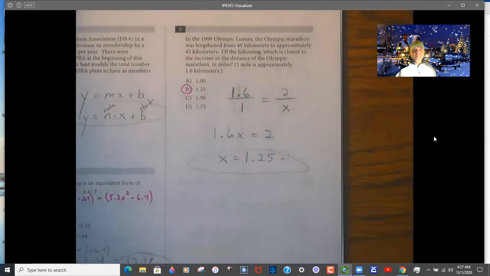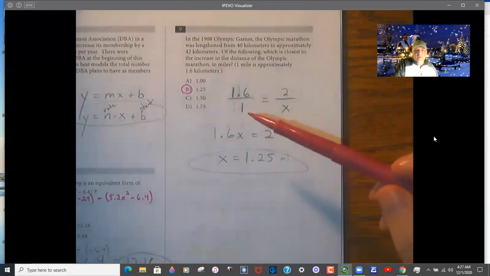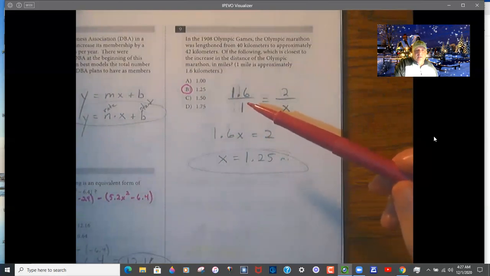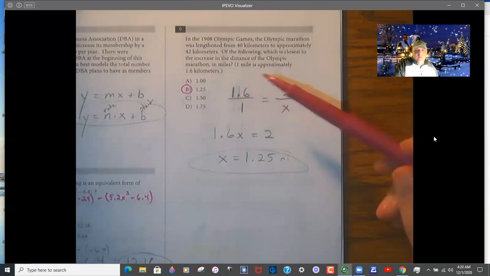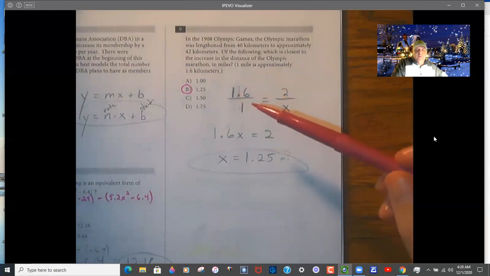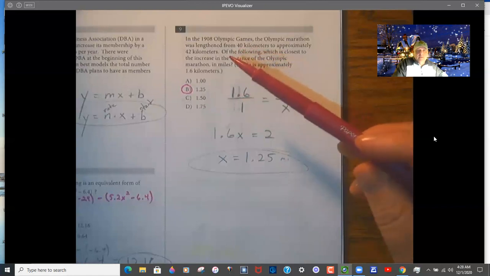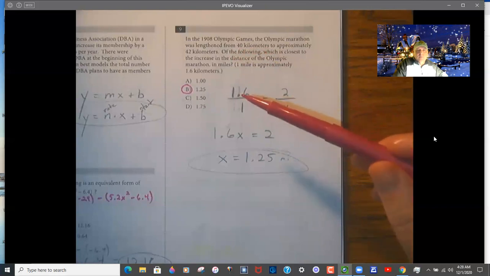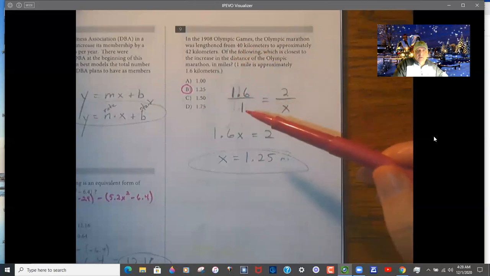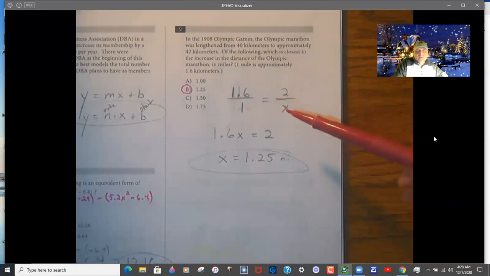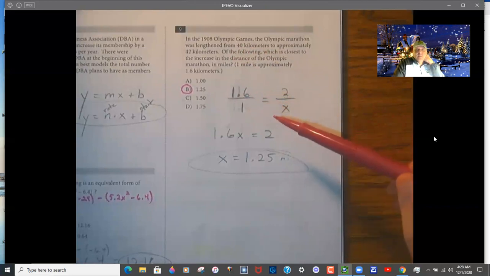Problem 9. So here you're comparing ratios of similar things. So 1 mile is approximately 1.6 kilometers. So we went 40 kilometers to 42. So 1.6 kilometers on top, 2 kilometers here, and then 1 mile on the top and X miles in the bottom here. So you just need to stay consistent this way. So 1.25 miles